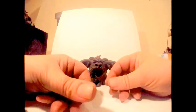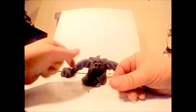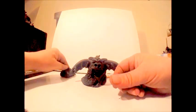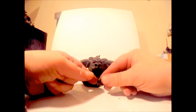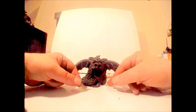So let me just show you how I would do it. I do toes like this a lot on my dragons. I do a fair amount of dragons, by the way. I used to do a lot of gargoyles. Now I do a lot of dragons. And this is how I do it. It would be better if he was on a base, but basically